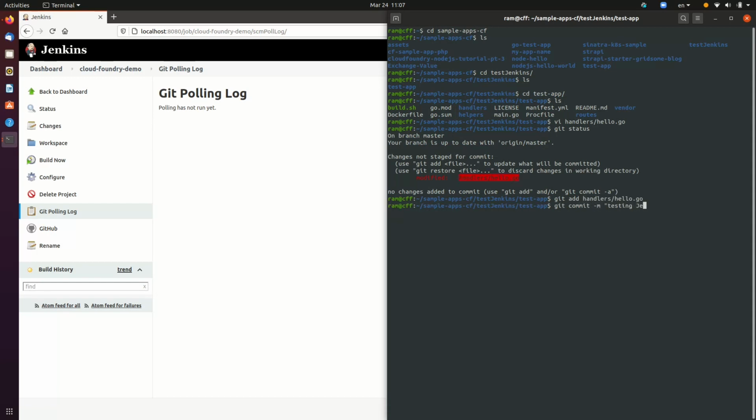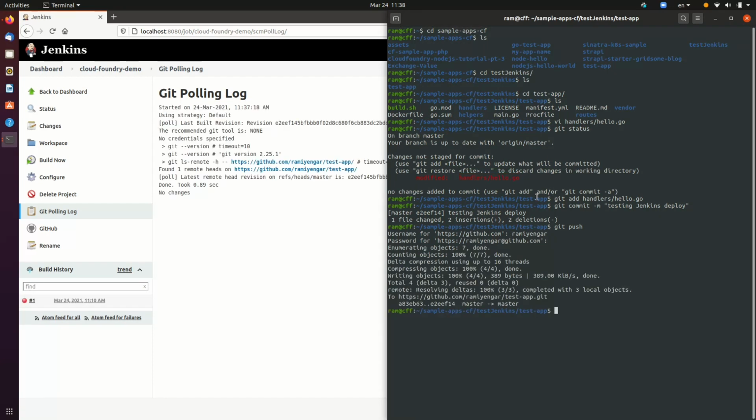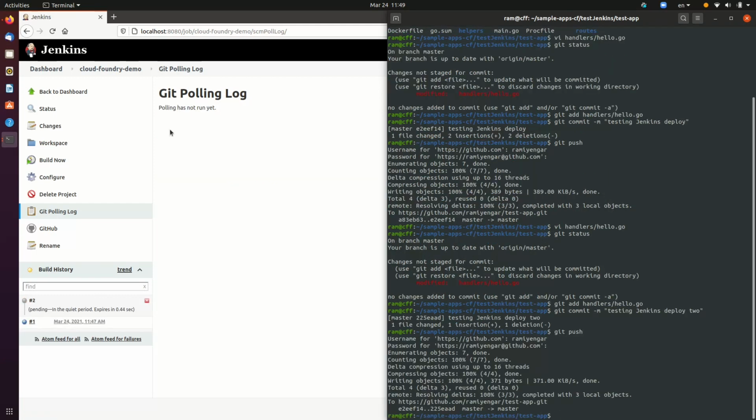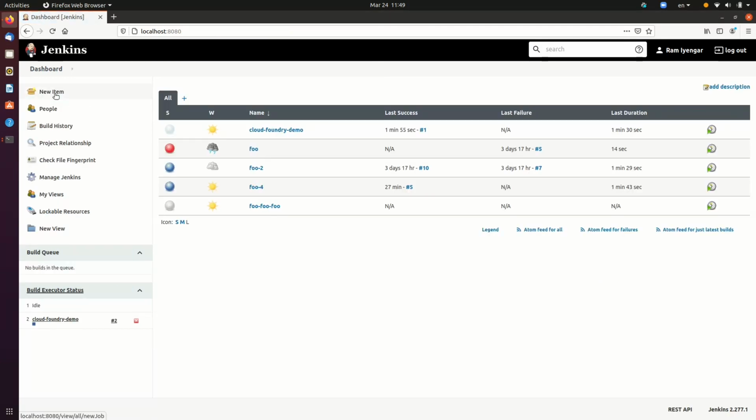Commit the changes and push it to the GitHub repo. We then have to wait for the changes to be polled by the SCM plugin and then the deployment will kick off automatically. The deployment is completed successfully when all the steps in the script have executed and returned a success status.